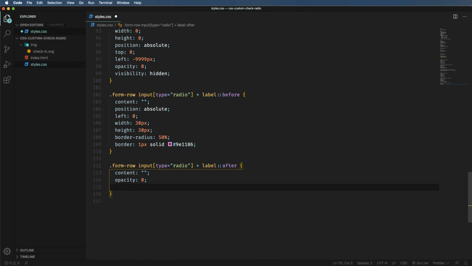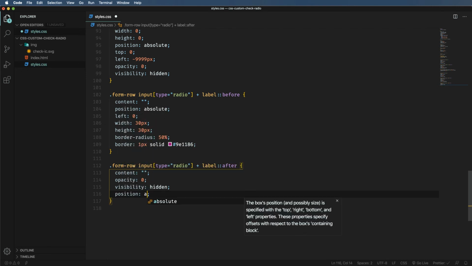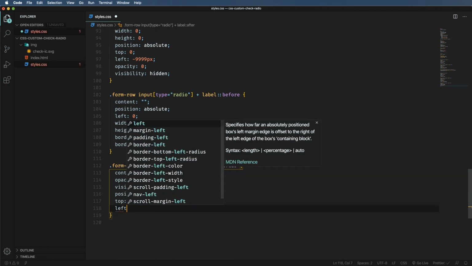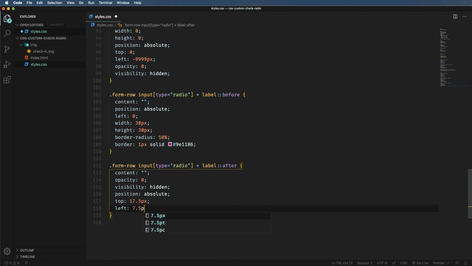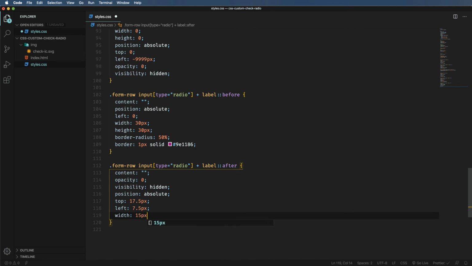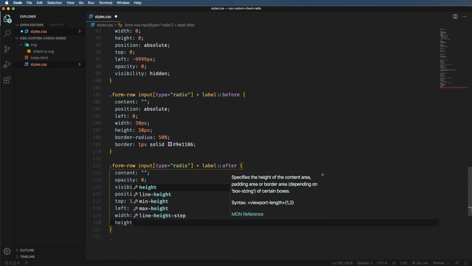Opacity to 0, visibility to hidden, position absolute, 17.5 pixels from the top, 7.5 pixels from the left side, width of 15 pixels, the same for the height,